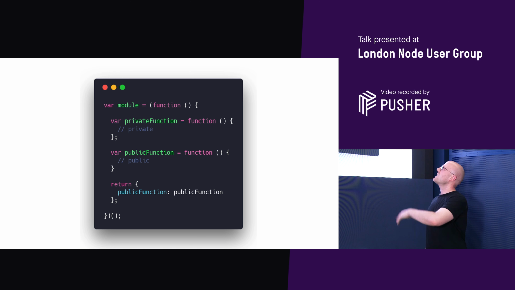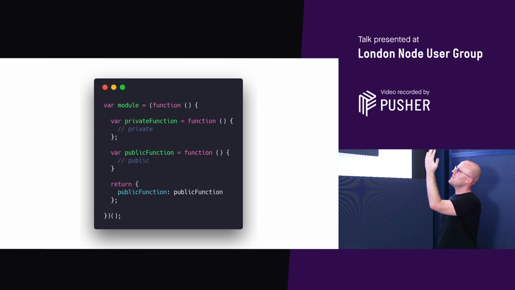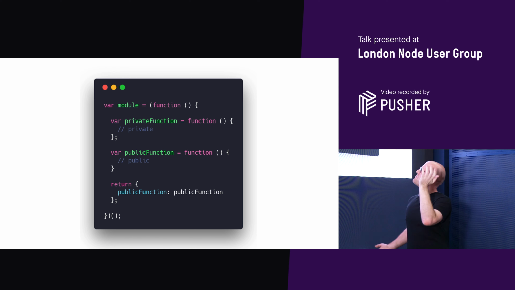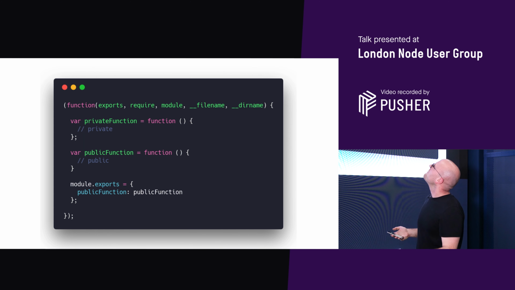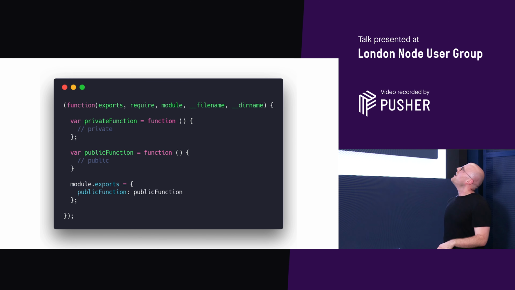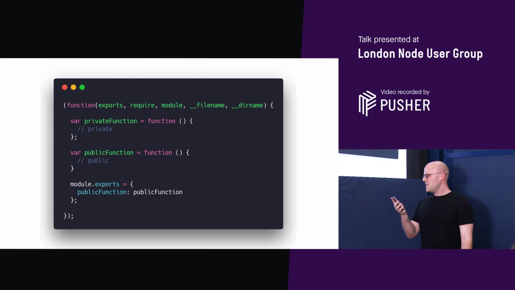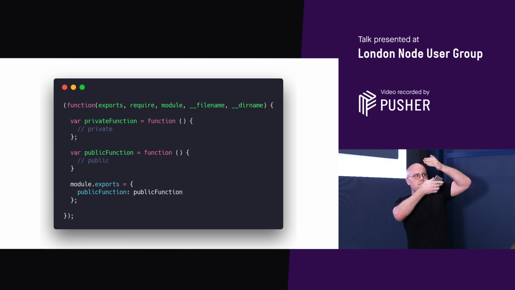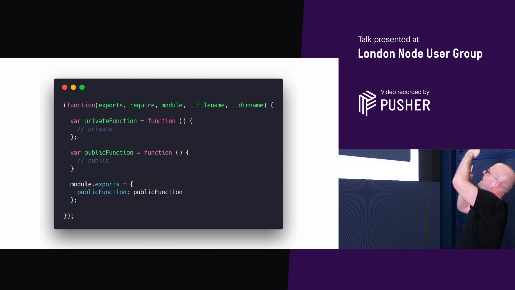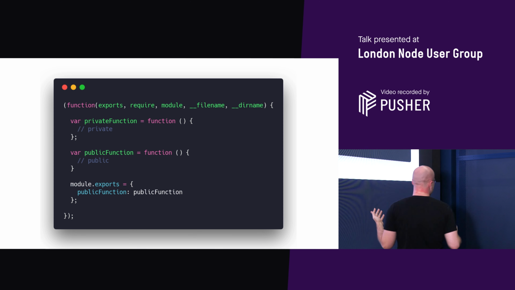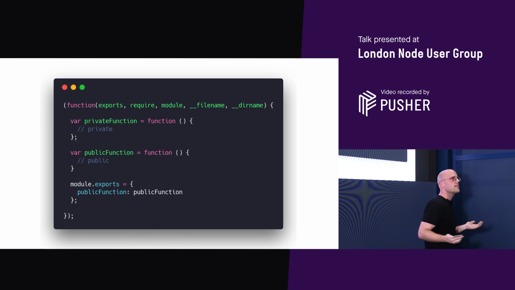You've seen this before? It's basically a way of declaring a thing, and look, you can have almost private functions. That's all nice. So CommonJS took that and added a few bits to it. Now, here's a neat trick. If you cover the first and last lines, that's a Node module. That's a CommonJS Node module. And that's pretty much how Node modules work.